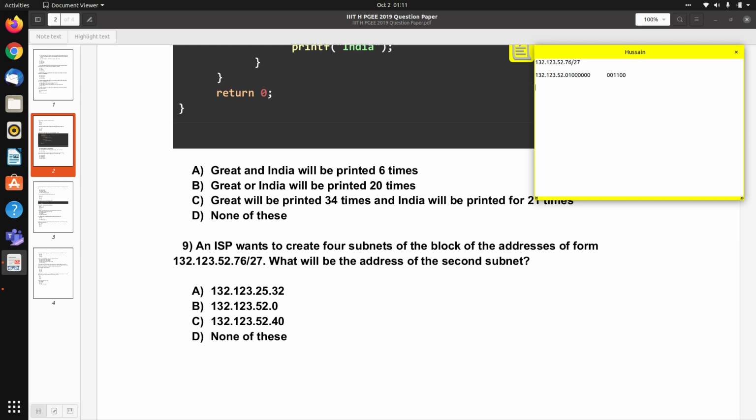So in subnetting, what we do is we borrow the required bits from the host part. So here we want to create 4 subnets, so we will take 2 bits from the host part. So if we want to create 2 subnets, then we will take 1 bit, 4 subnets, then we will take 2 bits, 8 subnets, then we will take 3 bits, and so on.